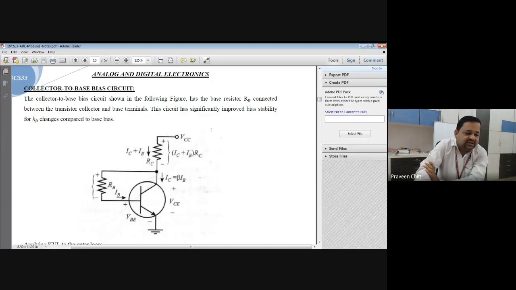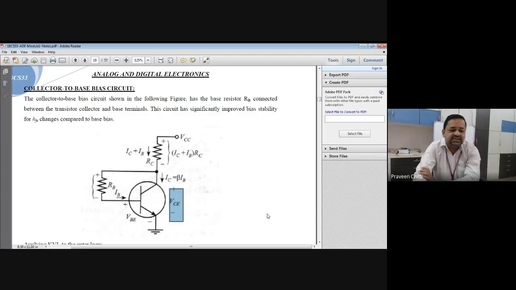You just try. What is the KVL equation for the input and what is the KVL equation for the output? If you want, I'll tell you, like this voltage VCC can be split up like this: it is equal to the voltage drop across this plus the voltage drop across this plus this voltage, if you are taking it through the input. And if you are taking it through the output, this voltage equals this voltage plus this voltage, right? That is the change in the fixed bias circuit and the collector to base bias circuit.